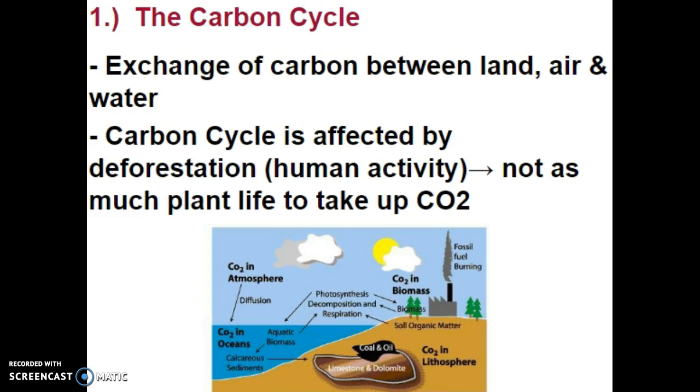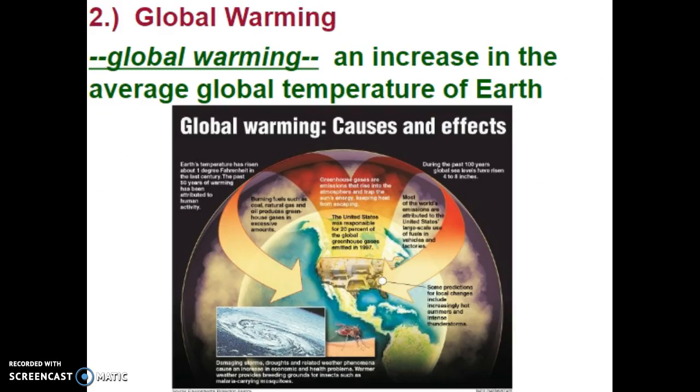And if you remember, carbon dioxide is one of those gases that tend to trap infrared or heat energy near the surface of the Earth. So carbon dioxide contributes to the greenhouse effect, but if, remember, we get too much carbon dioxide in the atmosphere, we get a runaway greenhouse effect, which could lead to global warming. So global warming would have to be an increase in the average global temperature of the Earth, not just certain regions becoming hotter or colder, but indeed the whole planet increasing in temperature.